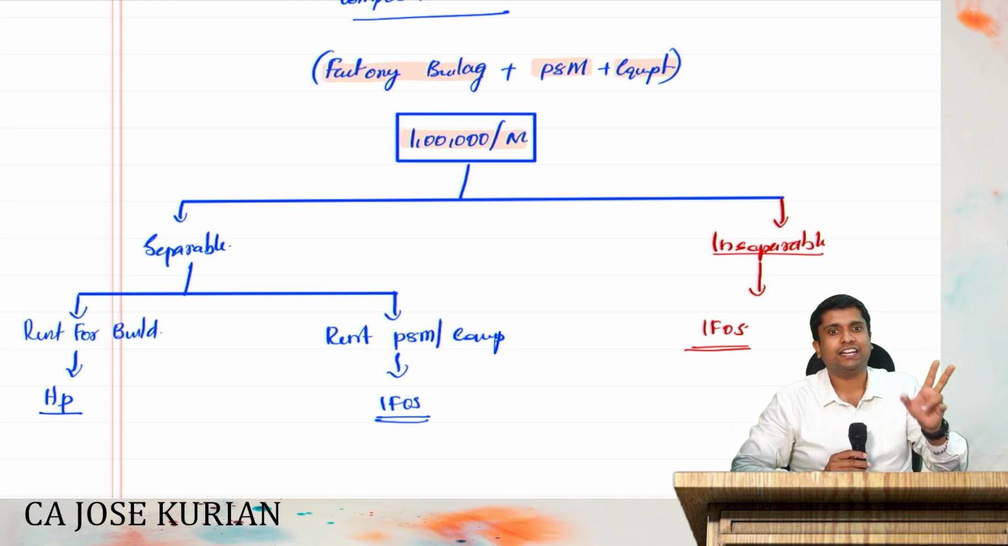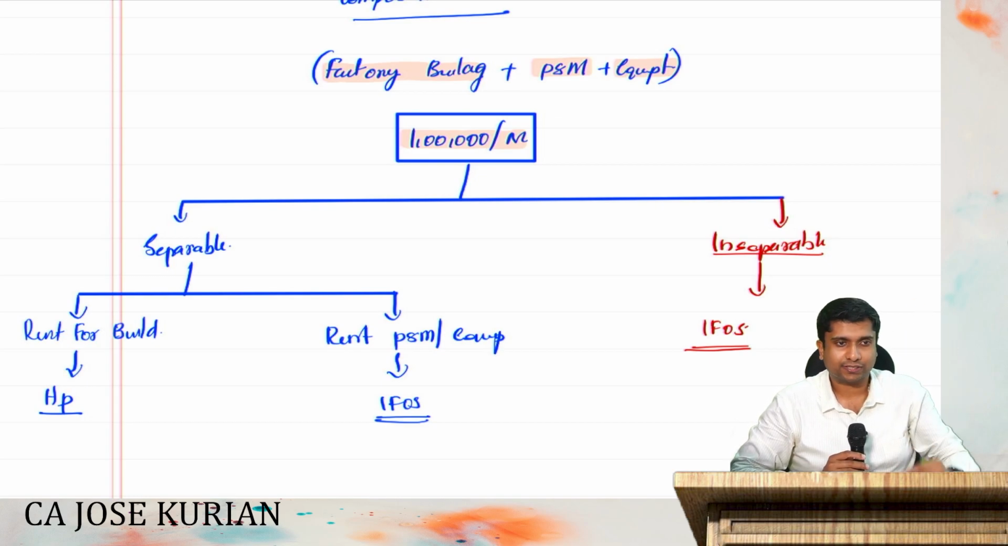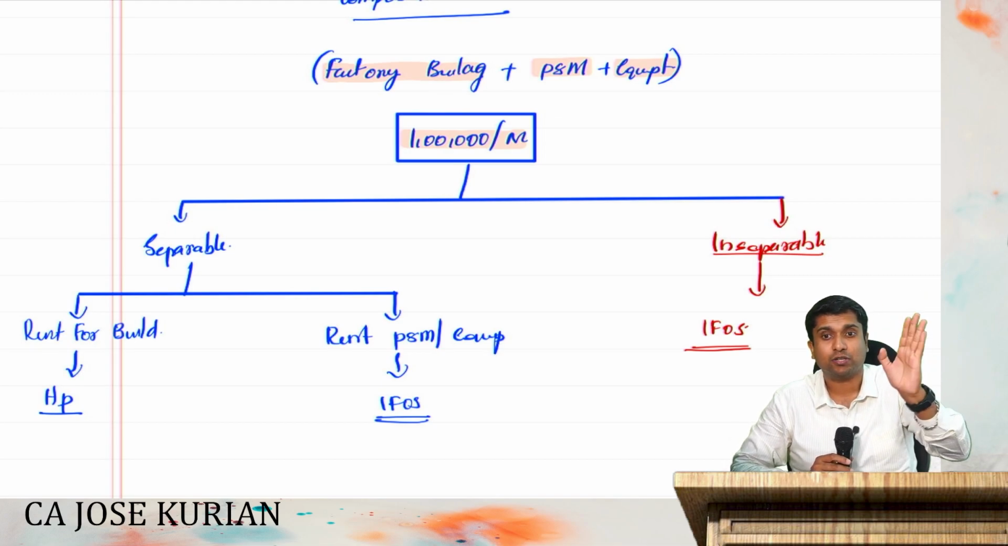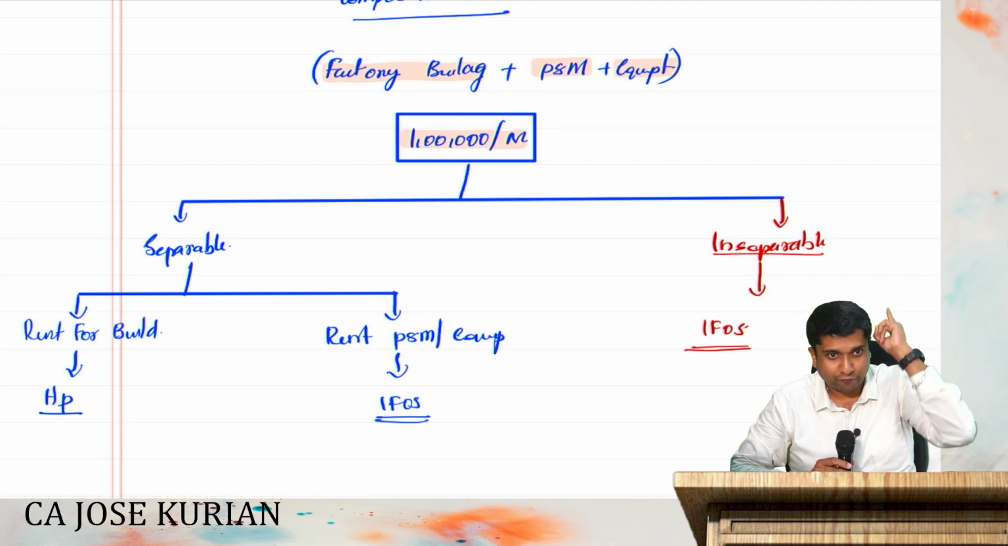What to do with that rental income of land? Under which head should it be assessed? Under IFOS, not under house property. Say I have a barren land or a commercial land, and I have rented out that particular land. All the rental income received by me in relation to that rental of land has to be assessed under